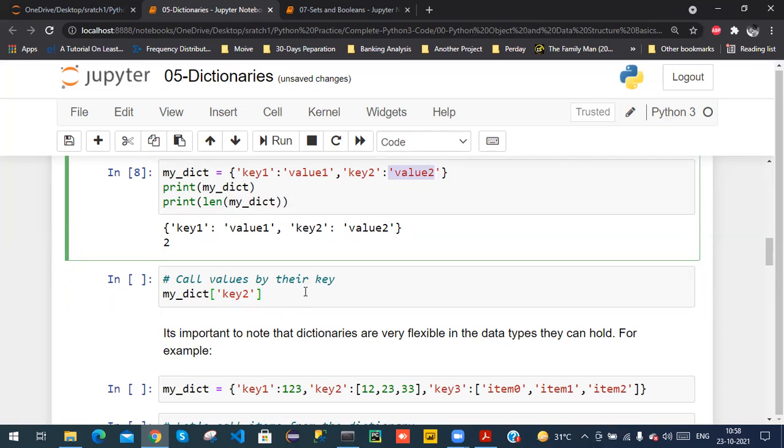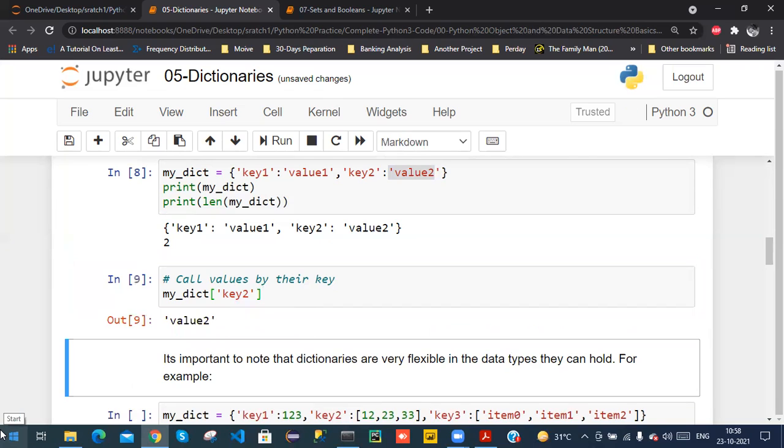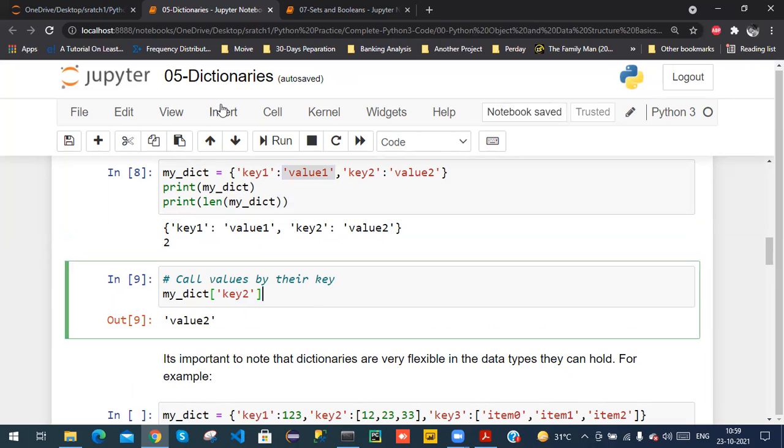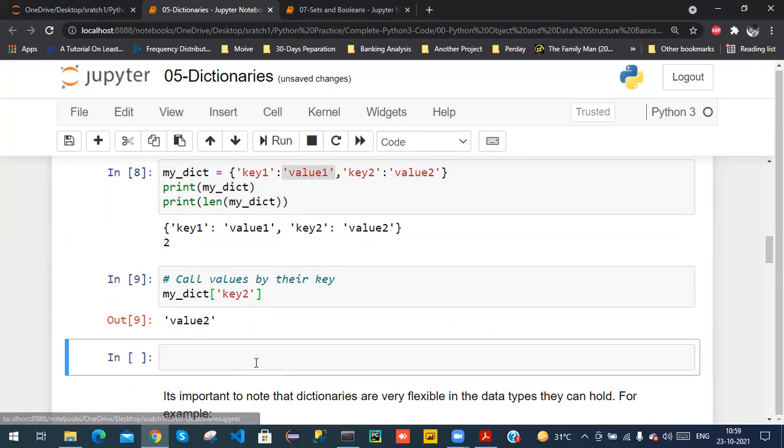Then my dict of key 2 prints value 2. Using the key, we print the value. Okay, take another dictionary. D equal to